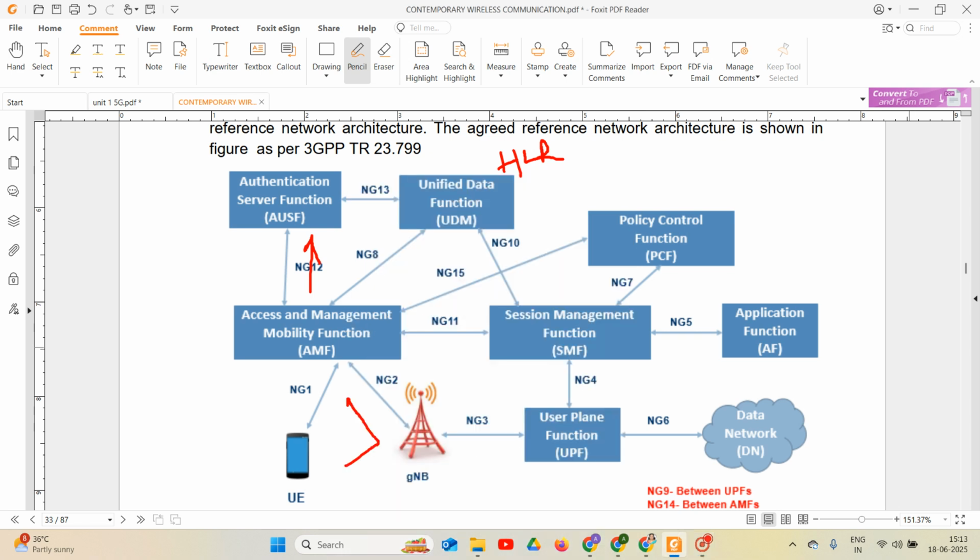Hello students. In the previous video we have discussed 5G core network architecture with respect to UE, gNB, user plane function, and data network. In this session we are going to discuss the remaining blocks,